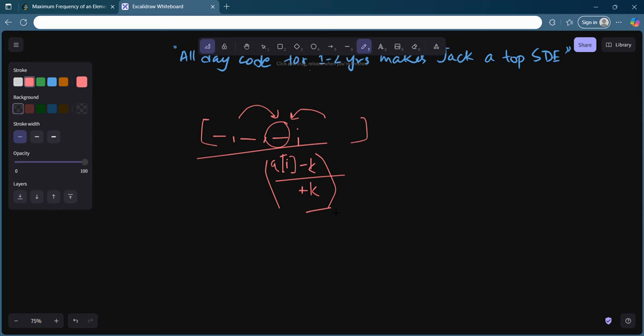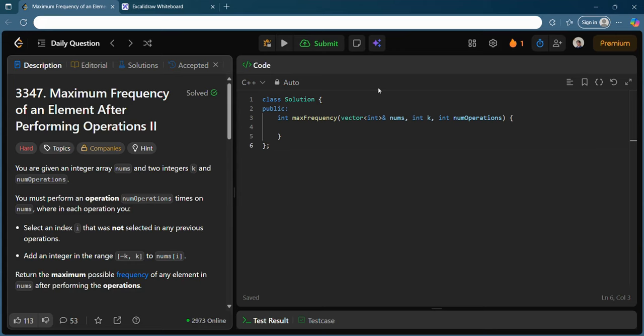What I said just now is that you will try to see how many of the elements can be converted into a i, how many of the elements can be converted into a i minus k, and how many of the elements can be converted into a i plus k. What I am trying to say essentially is, let's do it through the coding part.